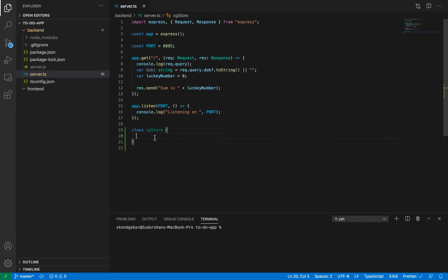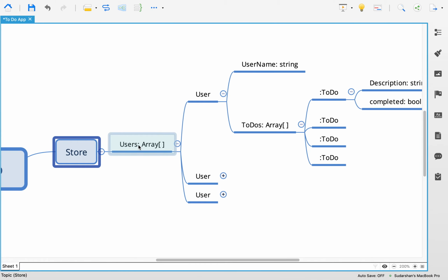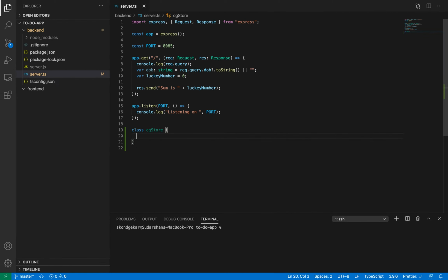This is a class, and inside this class I'm going to have users, which is going to be a users array of any, and I will set this array as an empty array initially.